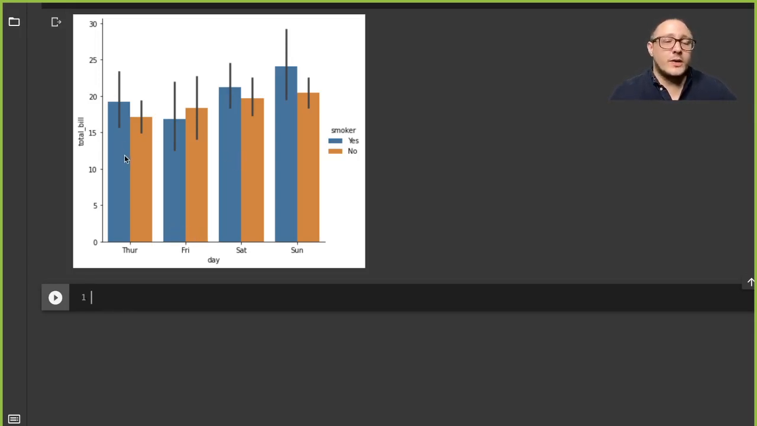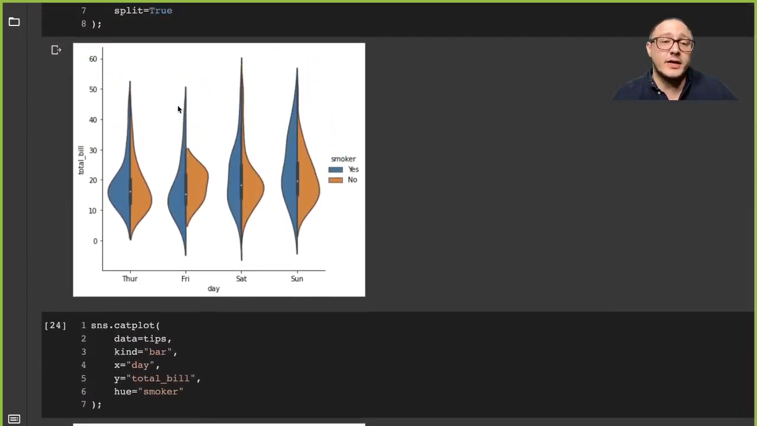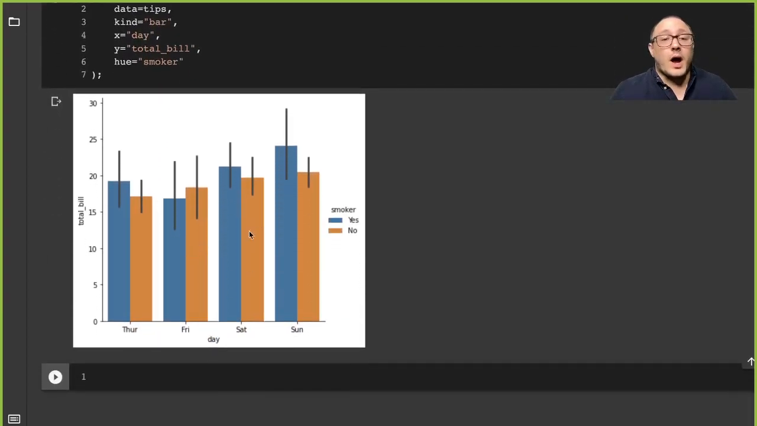So again, we see here, total bill, smokers spend more money on average, okay, on all days except Friday. But on Friday, as we saw here, they are still at the most extremes. So what does that mean? I don't know, but we would maybe want to figure it out. Maybe you want,